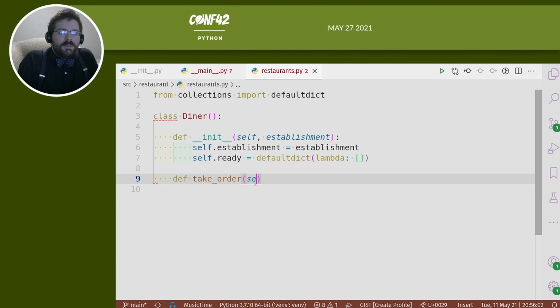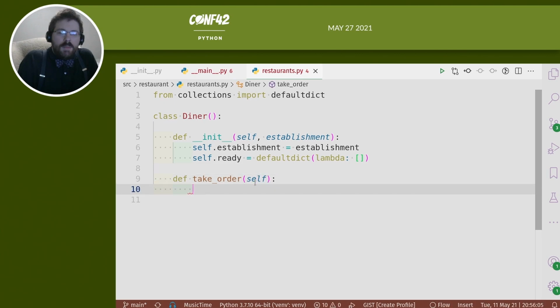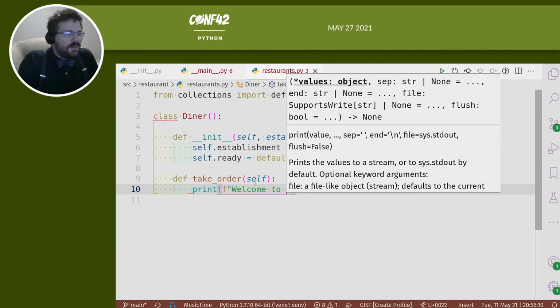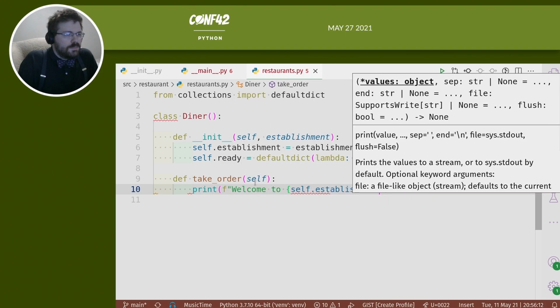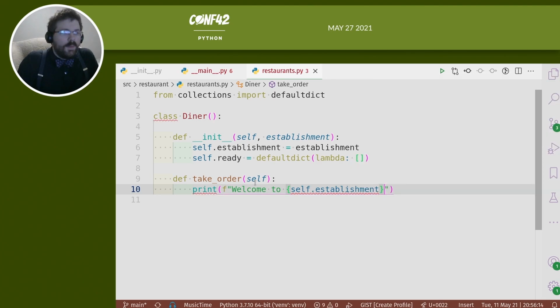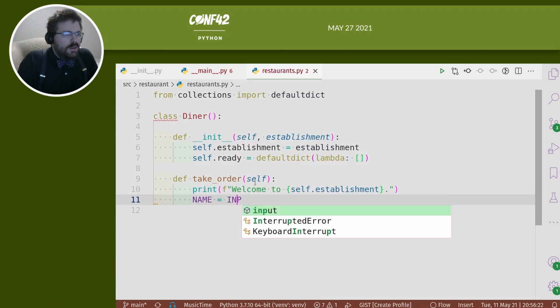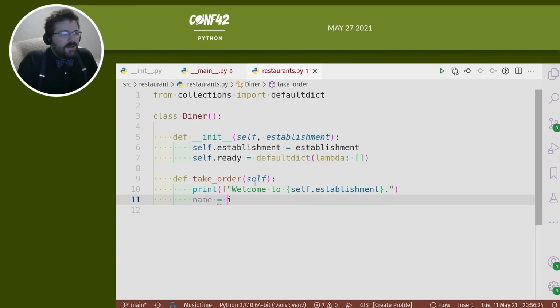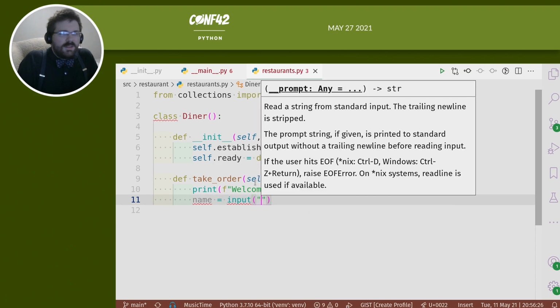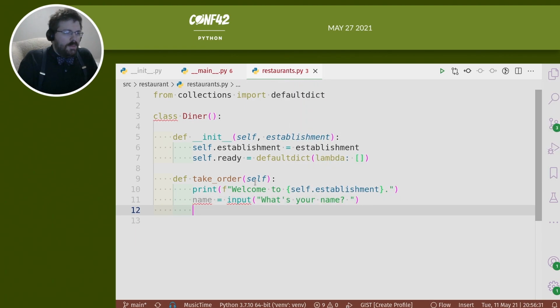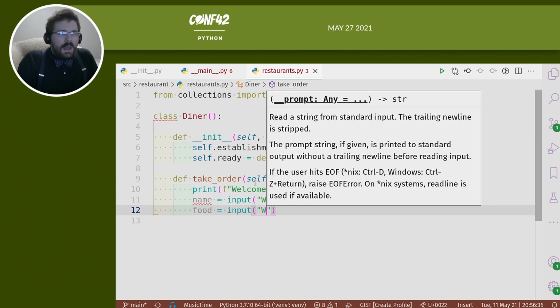Okay, so we saw that we have two methods here that we need. So first we're going to greet the customer. And then we're going to accept some input. Namely the customer's name. This is what we'll use for storing the order. And then